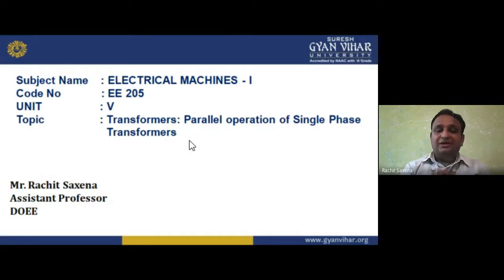hand rule for motor. The construction part is the same, because if I'm talking about the construction, I'm talking about the whole machine, because we can convert a machine into a generator, or we can convert a machine into a motor. If I'm giving a mechanical input to that machine, it will give you the electrical output, that is a generator. If I'm taking the output of that machine and giving it to another machine as input, that is electrical, and taking mechanical output, then it is a motor. So if we change the input, the output will change.